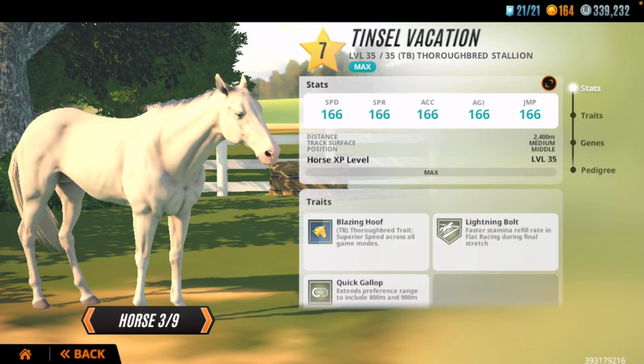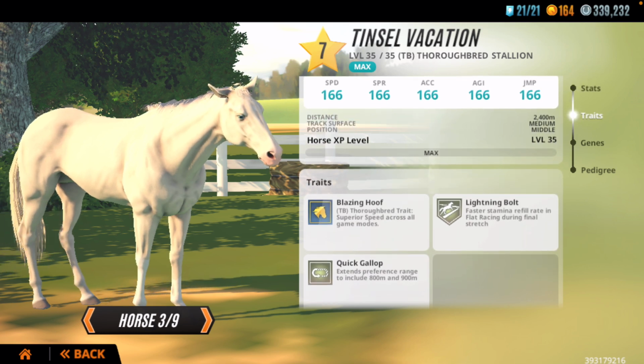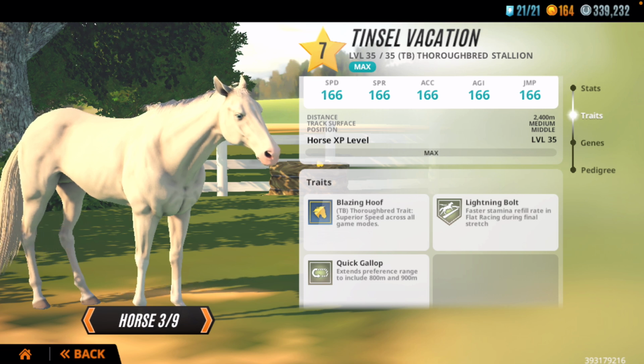You can obviously look at the stallion that they're offering here for this particular breeding session. You see the traits, Blazing Hoof. This is another thing, people. For those of us that are into Gallop Racer, I have talked about this game on this